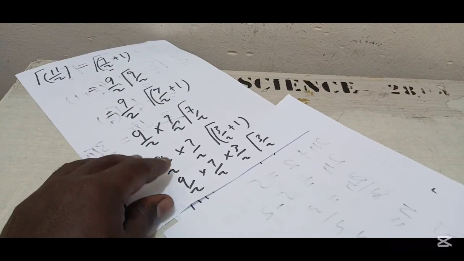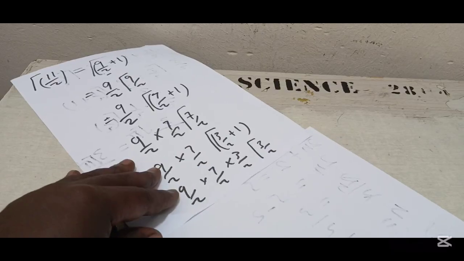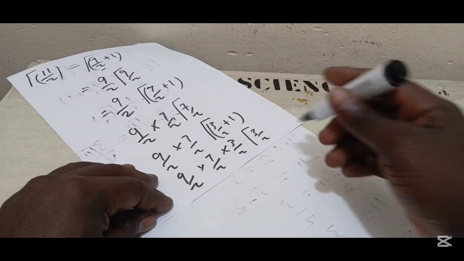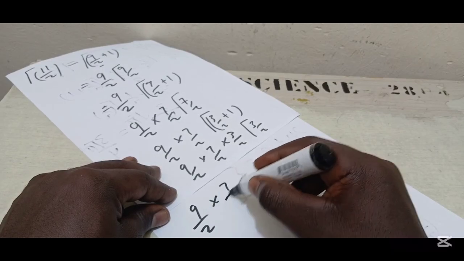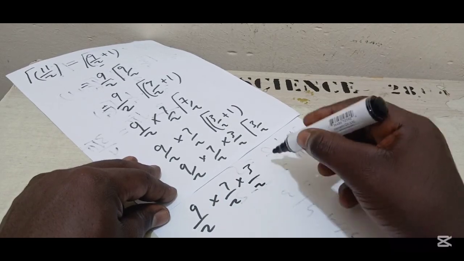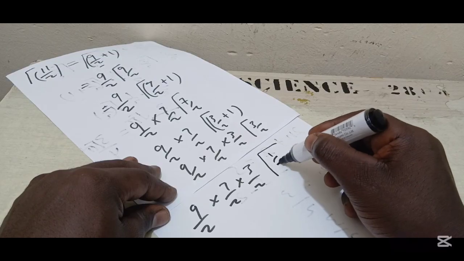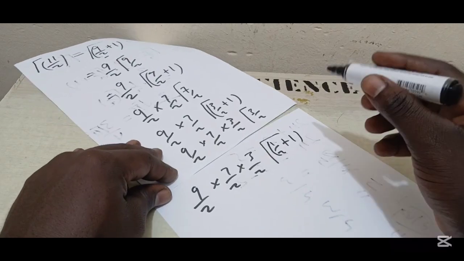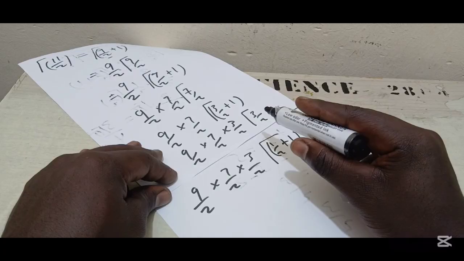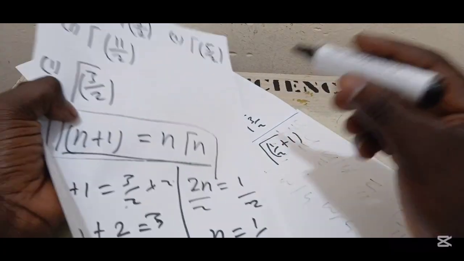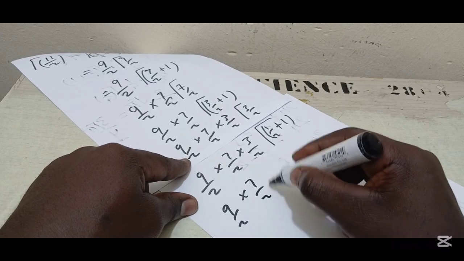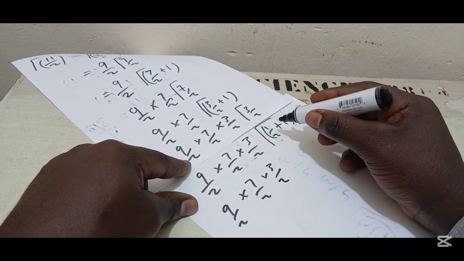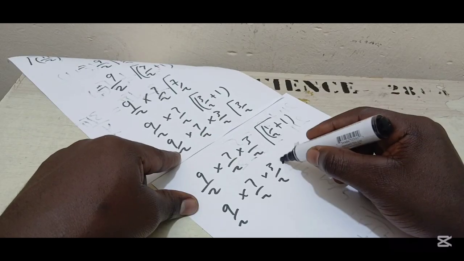We have to simplify it to a point that we can get a constant if possible. Now 1 plus what will give us 3 on 2? It is half, right? So now go, these ones are already there, don't forget them. 3 on 2, so we can get half plus 1. Once you are able to break this in this manner, just go ahead and apply your n gamma n. So you are going to get 9 on 2 multiplied by 7 on 2 multiplied by 3 on 2. Now n gamma n, your n now is half. So multiply by half